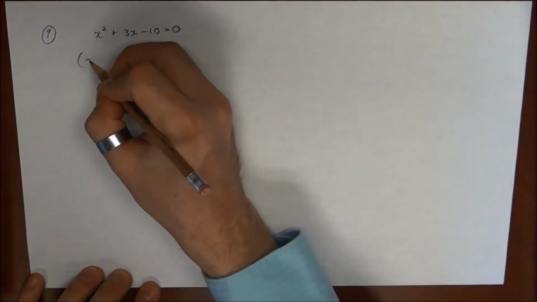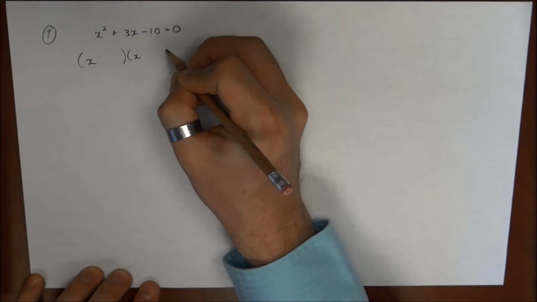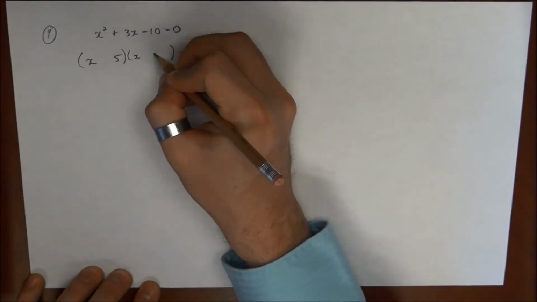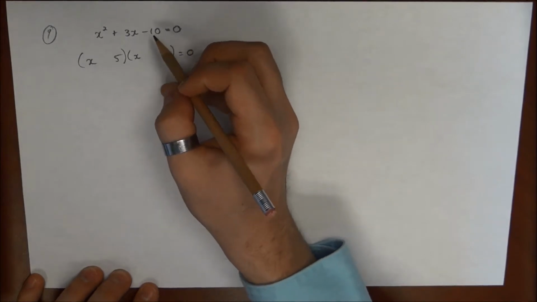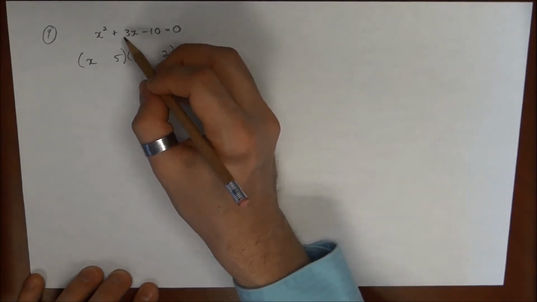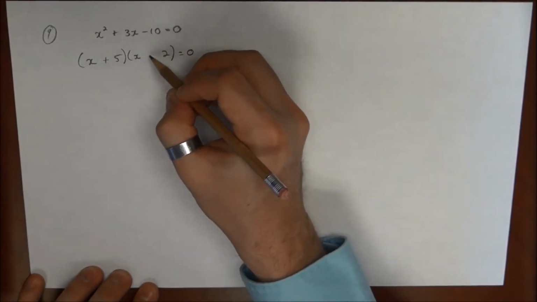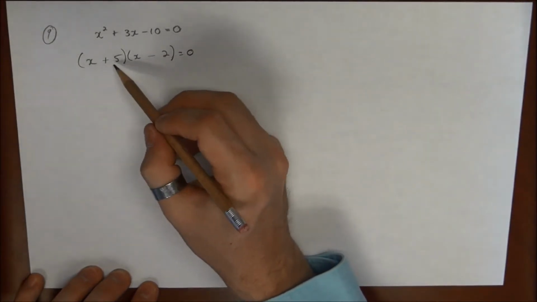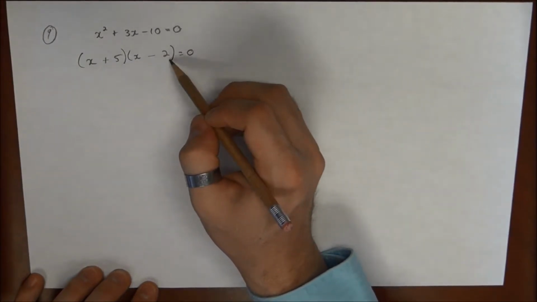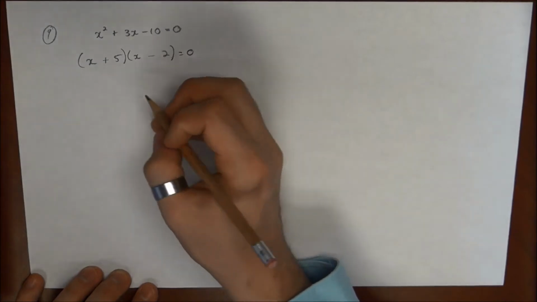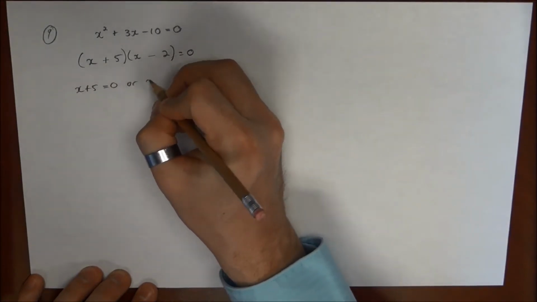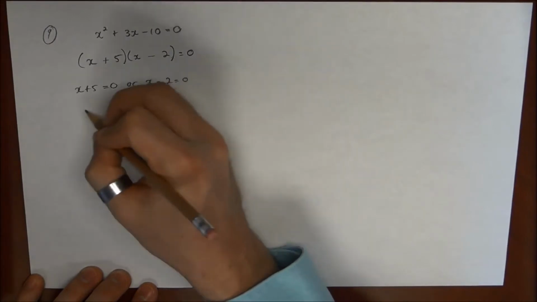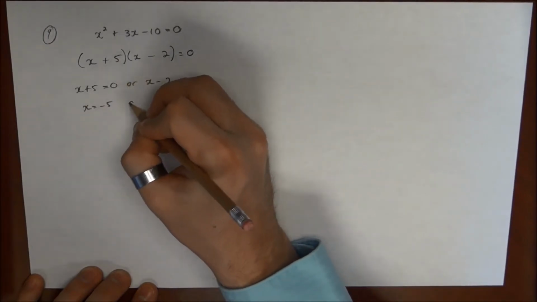So it seems like 5 and 2 would do the job. Signs are different. That's the bigger one. And I can easily FOIL it out. 5x minus 2x will give me the 3x again. So I can have x plus 5 equals 0, or x minus 2 equals 0, x equals negative 5, or